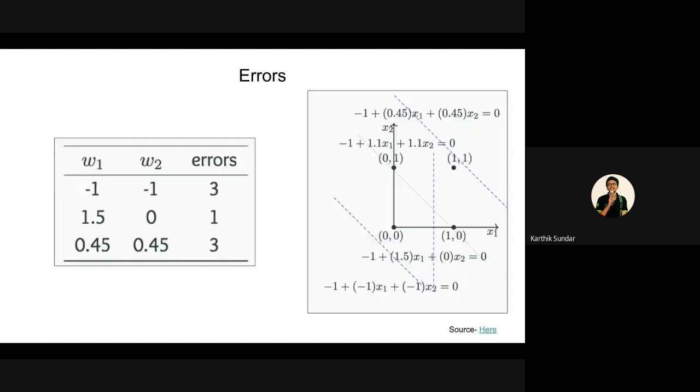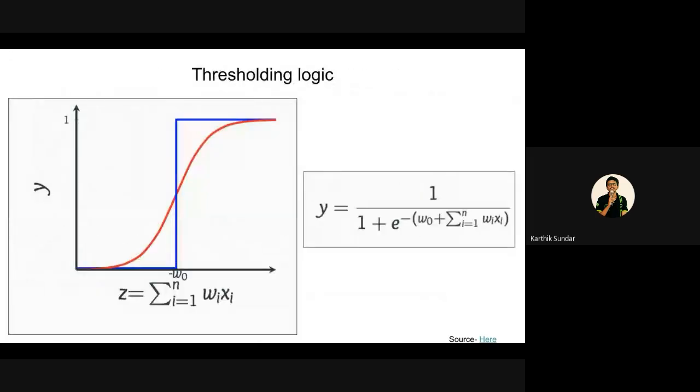What I mean by harsh is, let's see in the diagram. This blue line represents the perceptron thresholding logic. So if sigma WiXi is greater than W naught, then 1. If it is even 0.001 less than threshold, give it as 0. So this blue line represents the perceptron logic, and that's what I meant by harsh. If you are even slightly greater than threshold, it is 1. Even if you are slightly less than the threshold, it is 0.